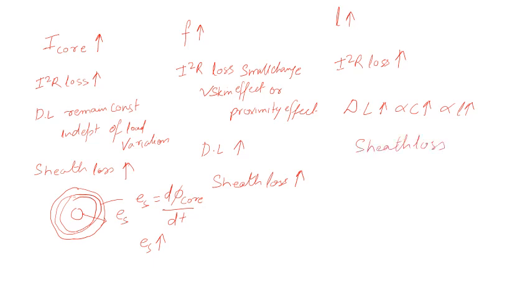Sheath loss will increase. As the length of the line increases, the EMF flux change also increases. In the transformer formula there was 4.44 N F, where N is the number of turns. If you increase the number of turns, the EMF induction will increase, right? In the same way, I'm picturizing that as the length of the line increases, that effect comes in, like the number of turns increasing. So that is what happens.